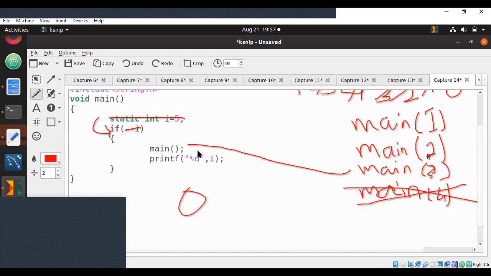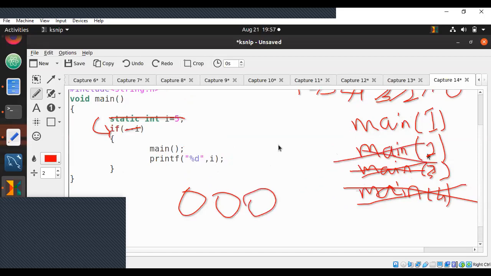Third time also goes back to the line where it was paused. It continues from its next line. You are printing the value of I. I value is 0. It's going to print 0 again. Then close brackets. That means main third time is also executed. It goes back to the second time where it was called from. Again, it was paused at the end of this line. So it will go to the next line, print I, which is again 0, close brackets. That is also ended. It will go back to the first time when main was paused.